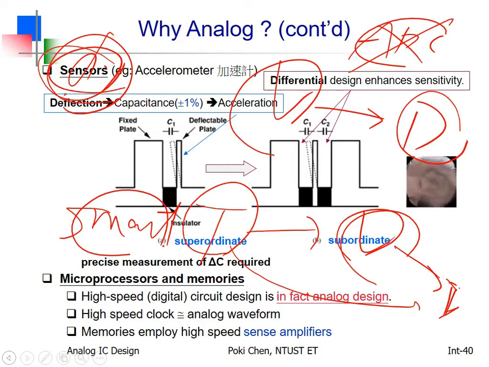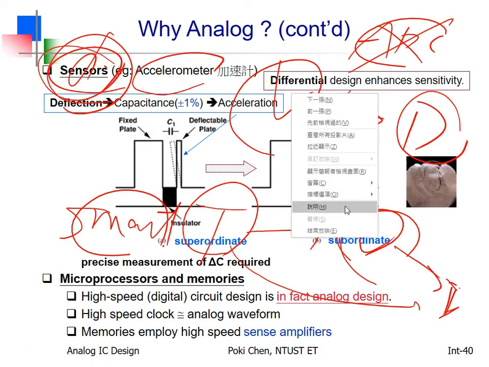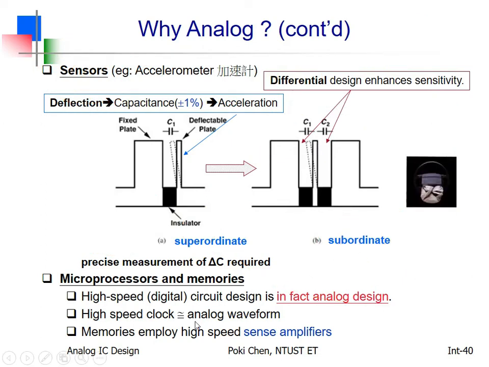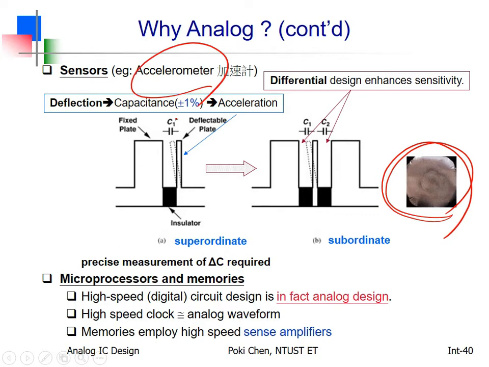And here, we need a lot of accelerometers in the cars, smart cars. For what? To control airbags. All right? So if something goes wrong, you drive your car, hit something or hit somebody or hit another car. You have any kind of serious car accident, then the accelerometer needs to issue a warning signal for the control system to pop up the airbags to protect the users inside, the riders inside.